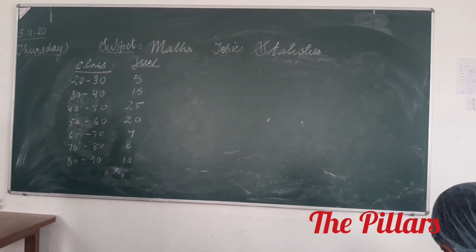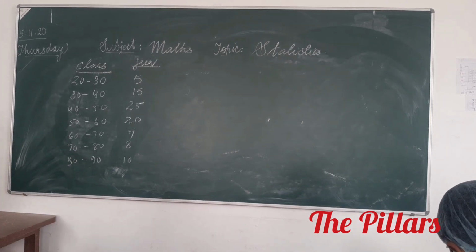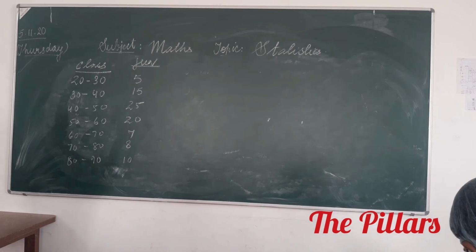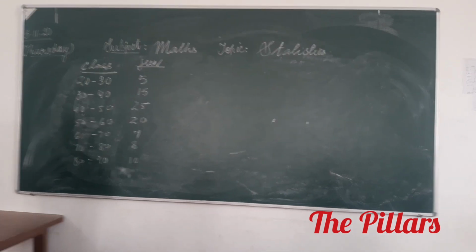Those who were present in the class yesterday, it is not a big deal for them. I think you have already written the question. Now please pay attention. You are going to find what, children? First tell me, what is the question? Median. This is how you should calculate in your mind. We are supposed to find median. What is the formula? L plus in the bracket H into N by 2 minus CF above F.